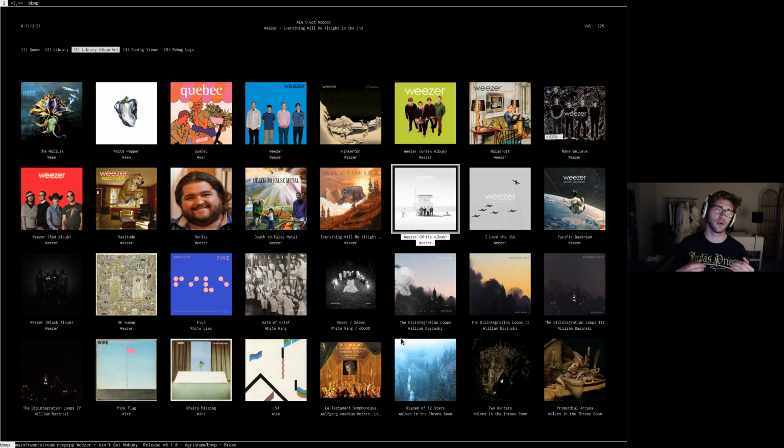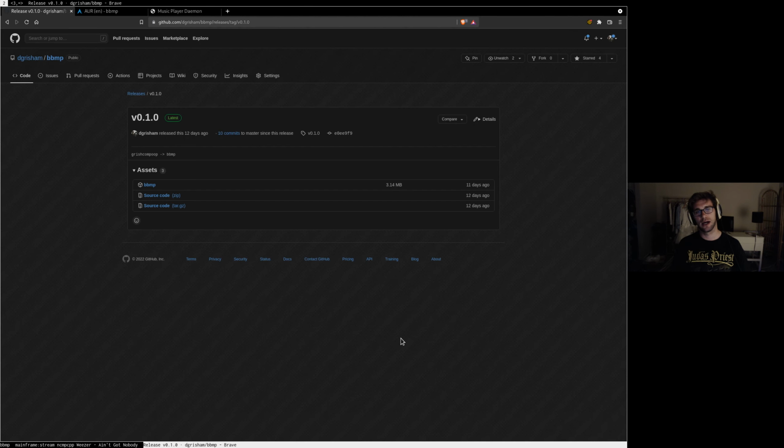So if you are already using MPD, and right now BBMP is only for Linux, then you can use this as a drop-in replacement MPD front end. If you are using Windows, I'm sorry, I'm not there yet, but I'm working on that. I do want this to be a fully fledged program that works on Windows, on Linux, probably on OS X at some point, and possibly to detach from MPD and have its own integration with doing everything and not needing another program to run. But this is where we're at now, and so to set this up,